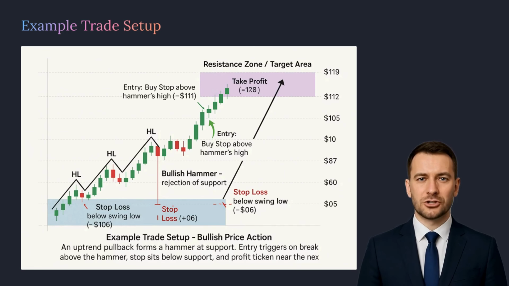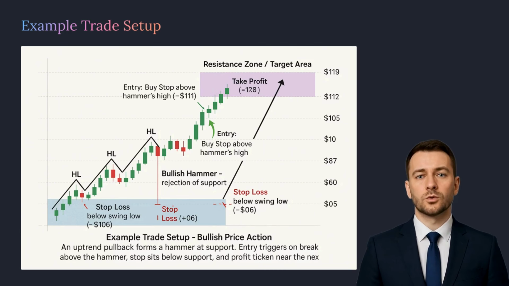A trader might choose to take full profit at $119, or perhaps take partial profit and let the rest run in case the trend continues beyond $120, using a trailing stop to lock in gains. In this scenario, the risk was well contained by the stop below support, and the entry was only triggered after evidence of buyers stepping in, so the probability of success was higher. Not every trade will be this picture perfect, but by following the strategy criteria, you significantly improve the odds of